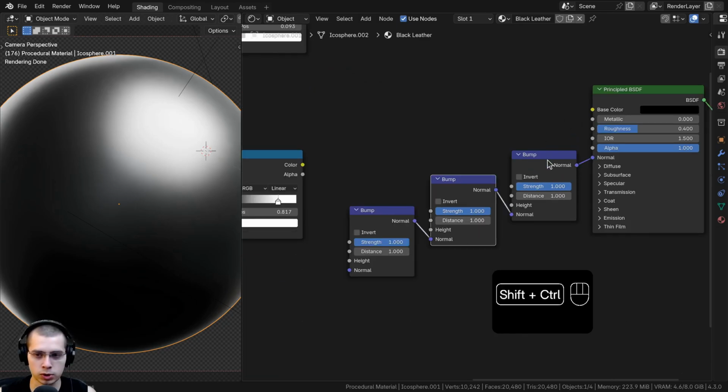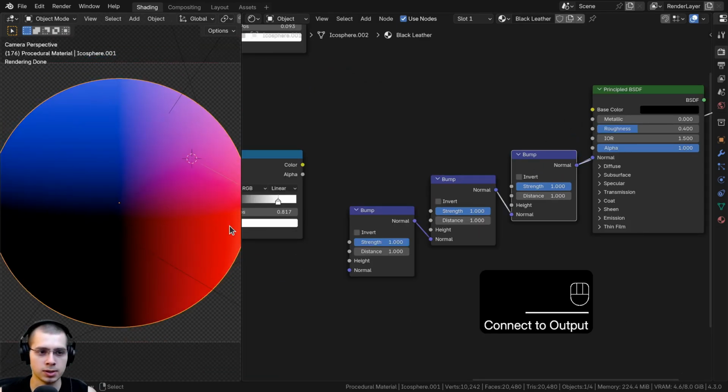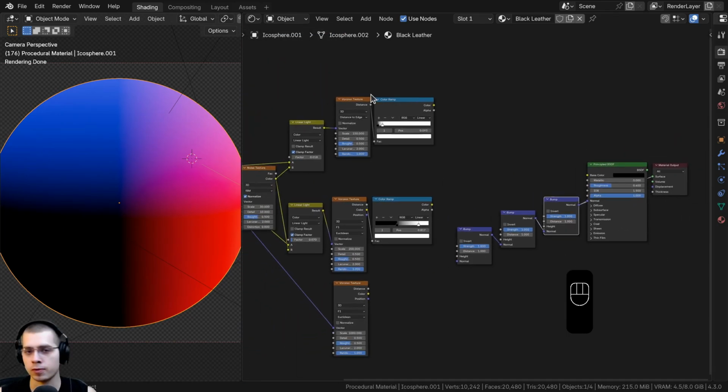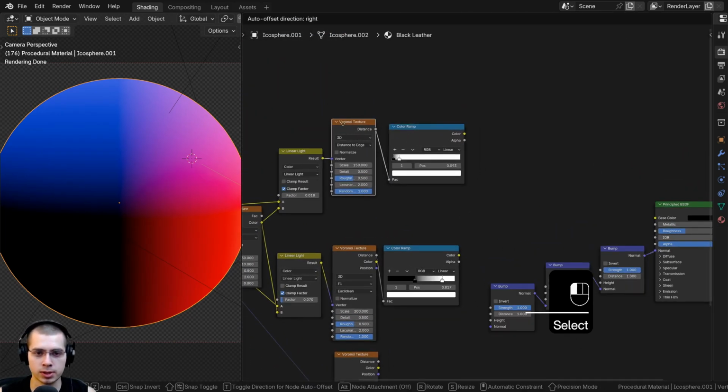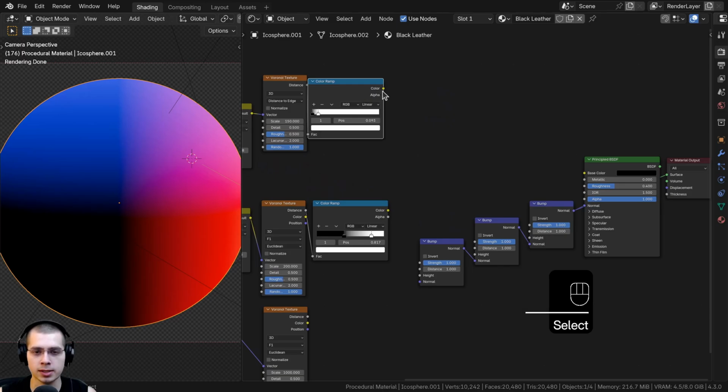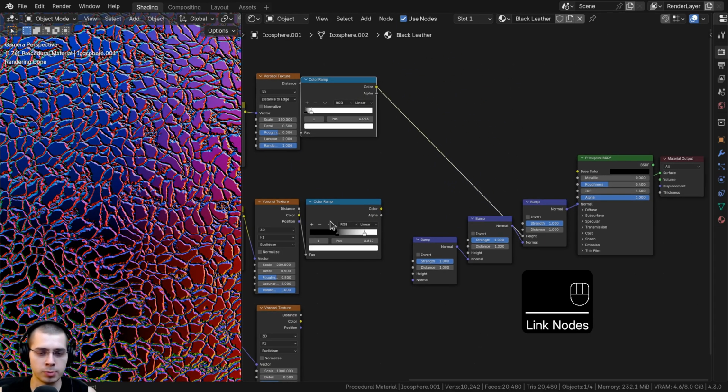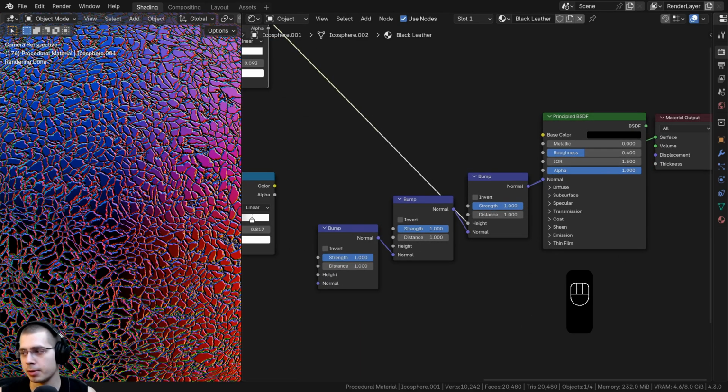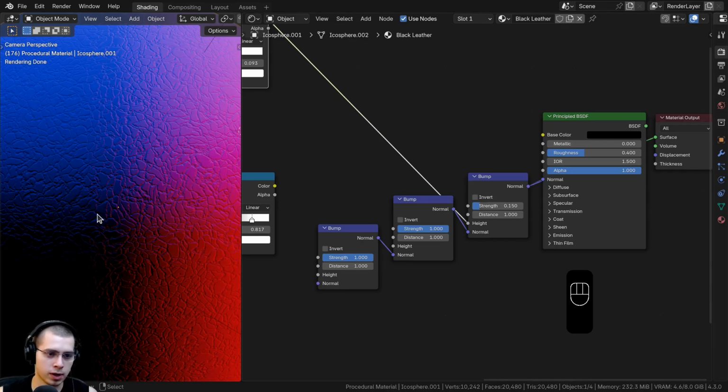So if I Control Shift select this last bump here, you can see right now it looks really smooth. For the first one, we're going to take this Voronoi texture here, which is the cracks. We're going to put the color into the height value. Now you can see it looks really bumpy on the surface, but that is a bit too strong. So I'm going to take the strength and turn it down to like a 0.15,